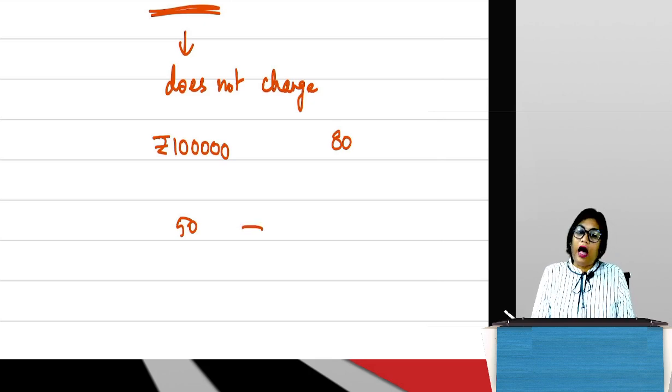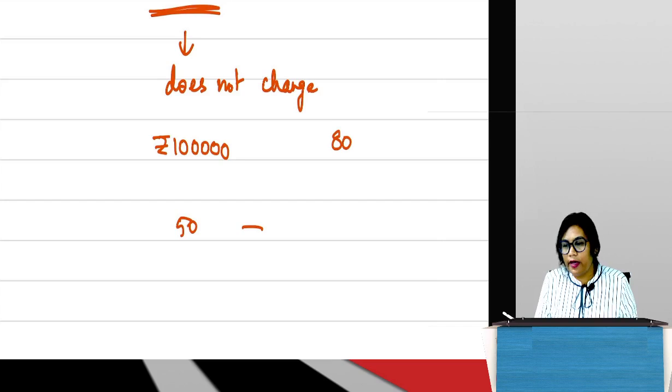Can I go and tell Sahana ma'am that, ma'am, I thought 80 people will come, that's why I took this room on rent and I thought I'll pay you 1 lakh rupees, but now only 50 people have come, so I don't think I'll be able to pay you so much? Will she be okay with this? No, right? She'll be like, ma'am, that's not my problem. You have taken the full room. Now whether 50 come, whether 80 come, whether 100 come, you have to pay me 1 lakh rupees.